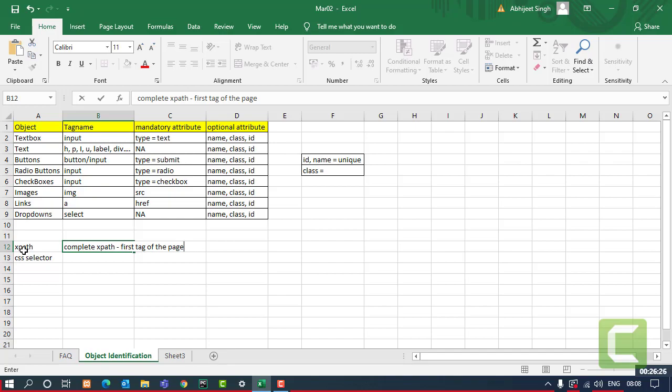If you look at any page source of any website, it always will start from the tag HTML. And the complete XPath starts from there only.